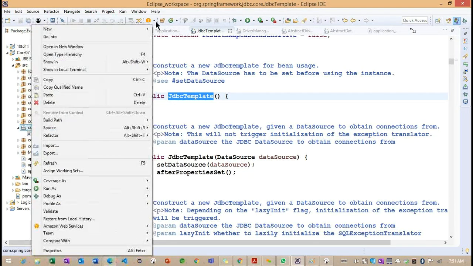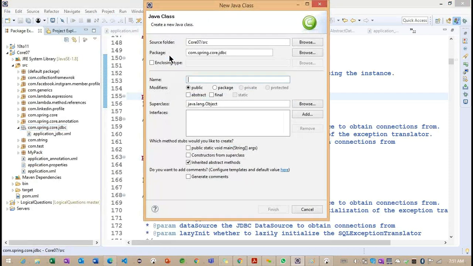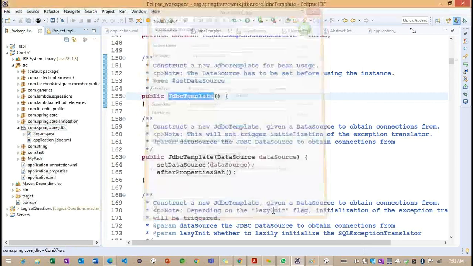Inside this particular folder, I'm going to create one class called person. Getting the point.